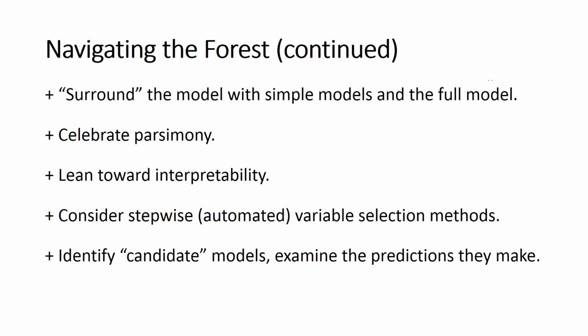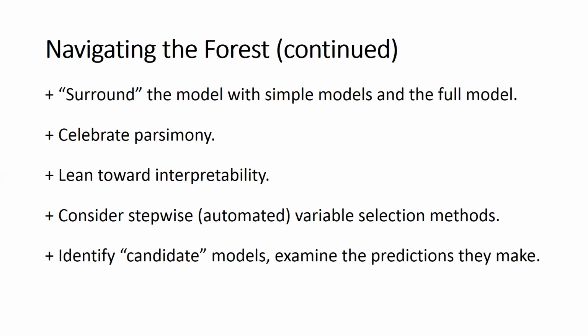Remember that I think it's important to realize that if you start at the simple end with simple linear regression and at the complicated end with a full model, the full model means you're going to throw everything you have into that model and consider that the biggest tree in a forest, but then try to celebrate parsimony. That means that you're going to try to aim for things that are simpler. Simpler might be better. One filter for that is statistical significance. Try to lean toward interpretability when possible so that somebody can look at your model and say, hey, that makes sense. Those effects make sense in explaining the dependent variable.